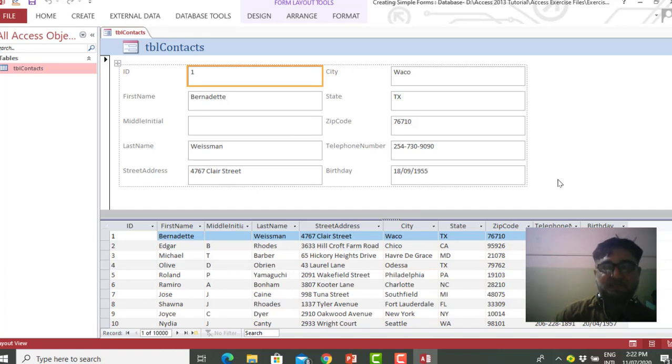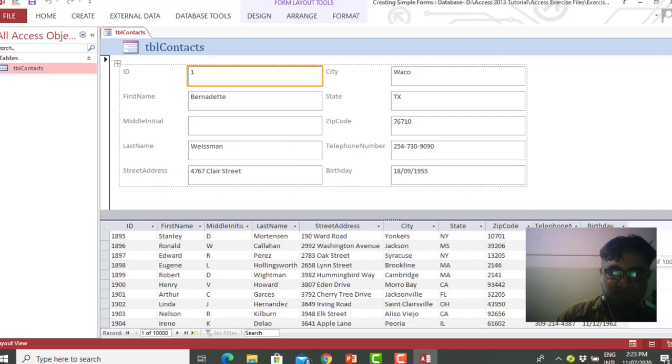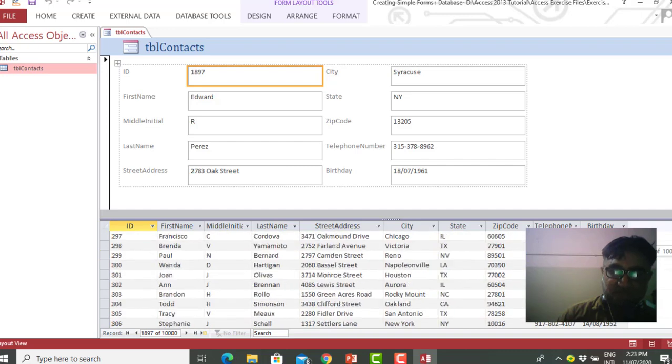When you click the split form, you can see that we see record number 1, but with this we can see all the records row wise as well. For example, I am going to place this 1897 ID. Look at this, I am going to the 1897 record ID.